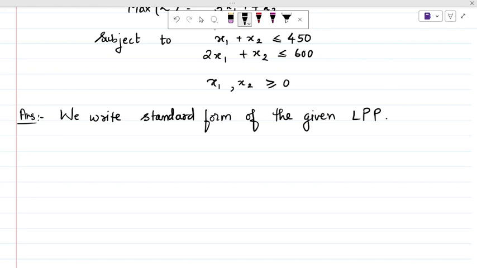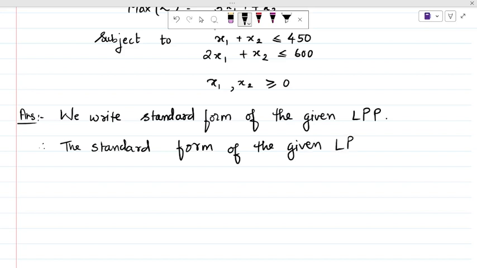So the standard form of the given LPP is